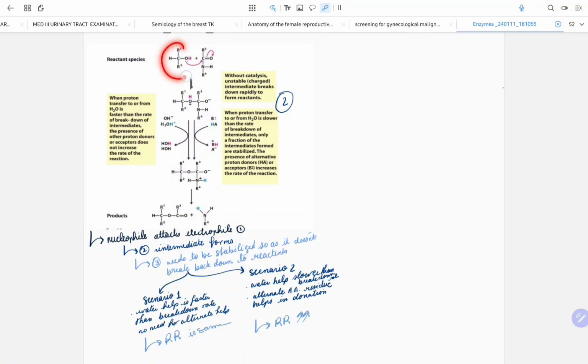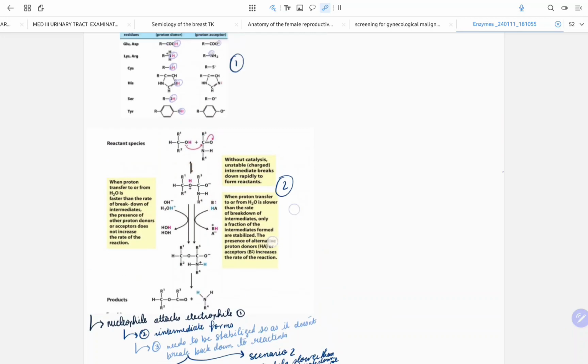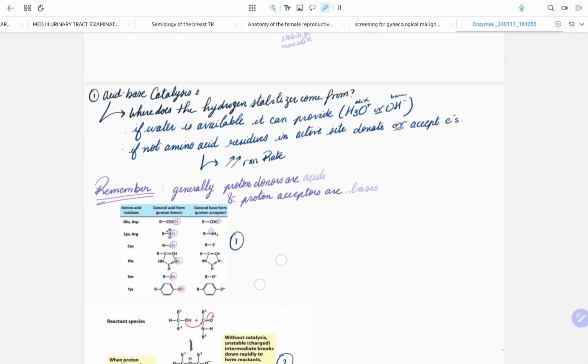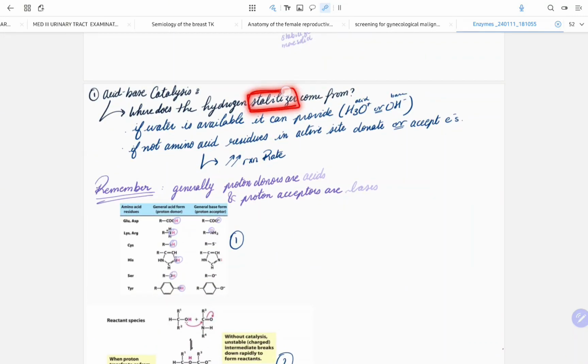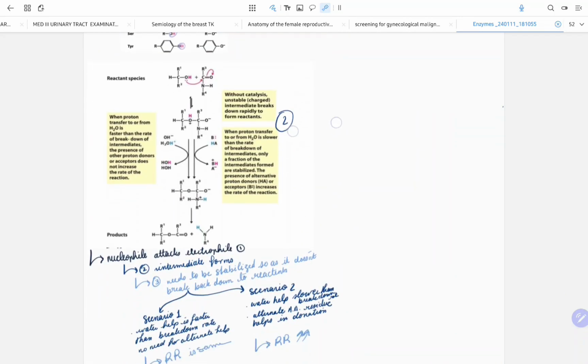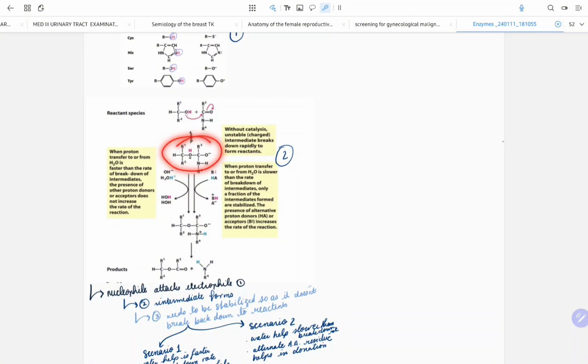So let's say this is the nucleophile. It donates these electrons to this electrophile. So nucleophile, electrophile, okay? So the reactant species in this case are this and this. What happens is that it attacks this compound and an intermediate forms. Now, as I said up there, when the intermediate forms, it needs to be stabilized, right? Acid-base catalysis is a way that we can stabilize the intermediates that are found in the active site of the